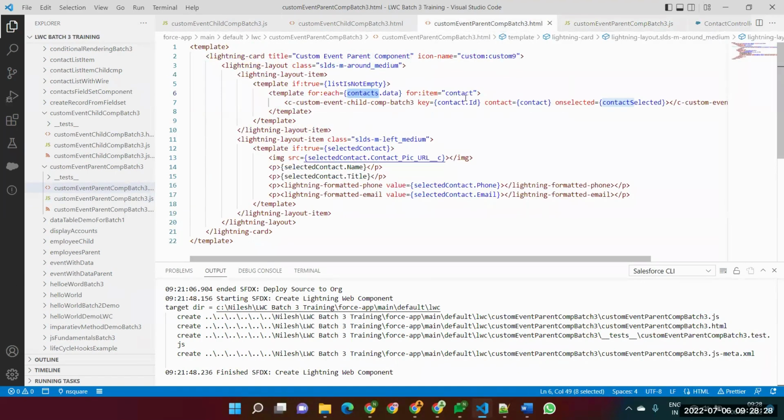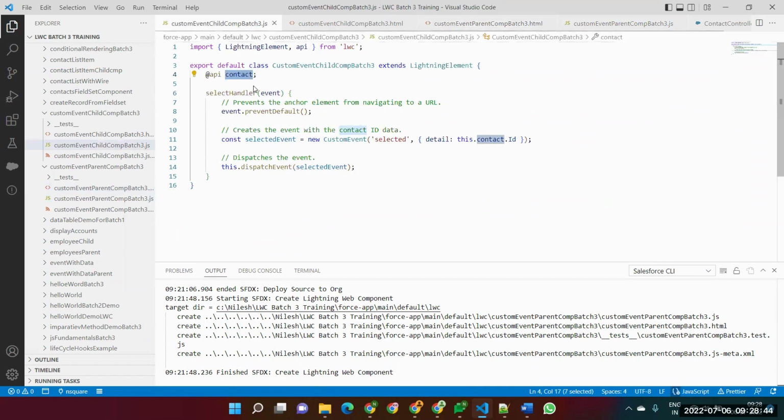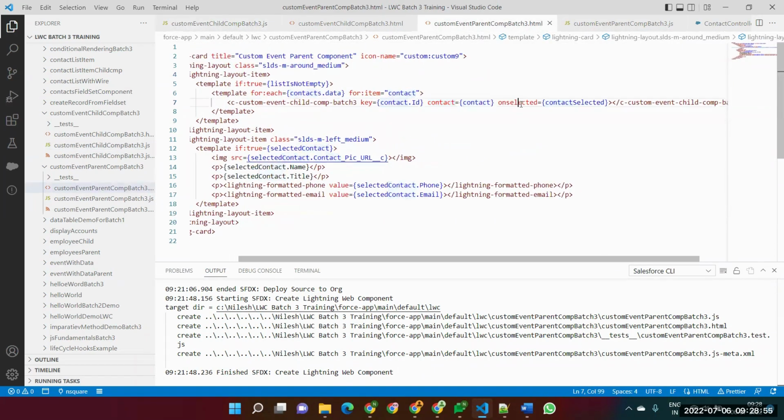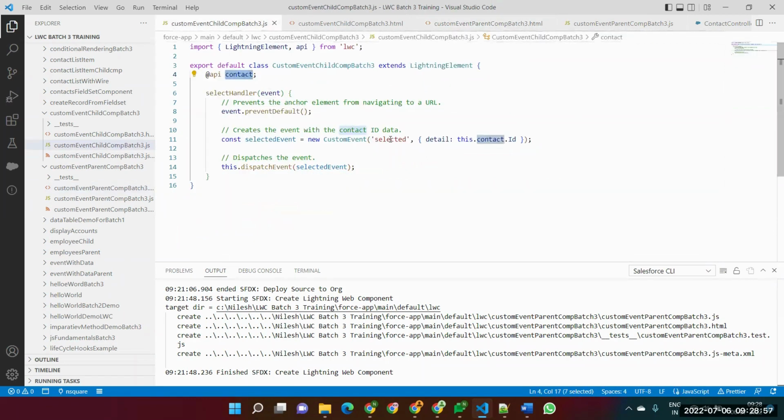This is how we are passing one contact to this child component. This is the variable that we are passing to the child component, and whatever value we have in this contact will get assigned to this contact variable in the child component. Okay,